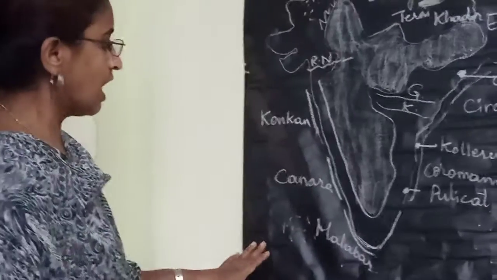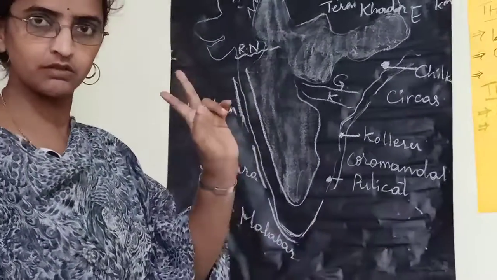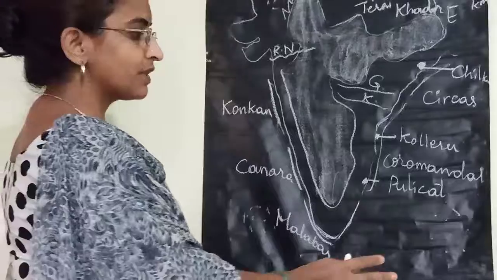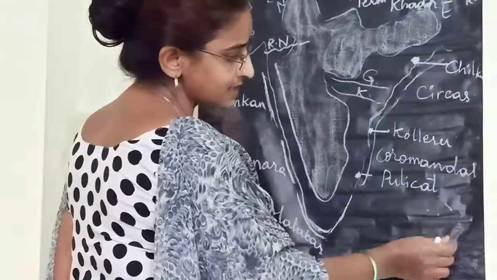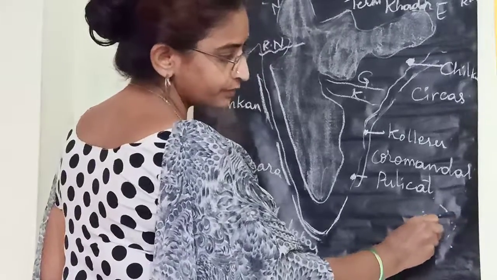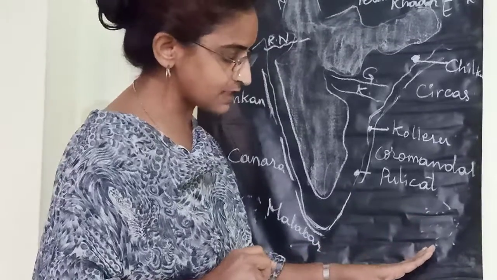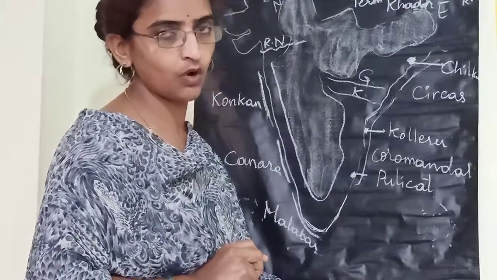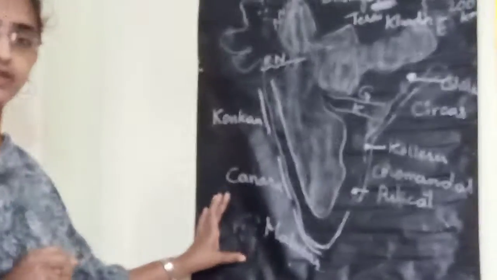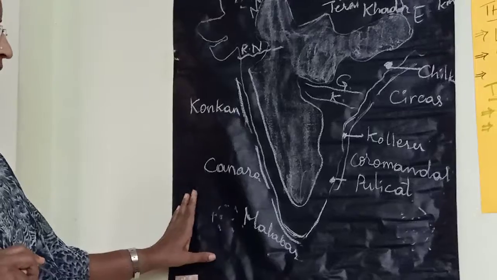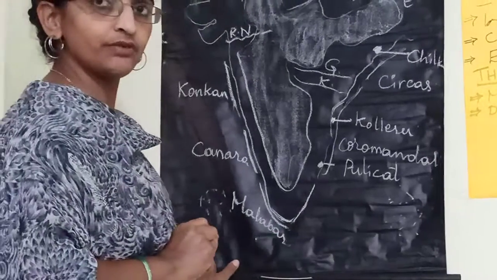Now let us look into the Andaman and Nicobar Islands and Lakshadweep. The total island groups are divided into two divisions. Whatever island groups we find in the Bay of Bengal are called the Andaman and Nicobar Islands. The north part of the islands in the Bay of Bengal is called Andaman, and as it extends towards the south, it is called the Nicobar Islands. And the group of islands found in the Arabian Sea are called the Lakshadweep Islands. Let us have a look into the two different types of islands.